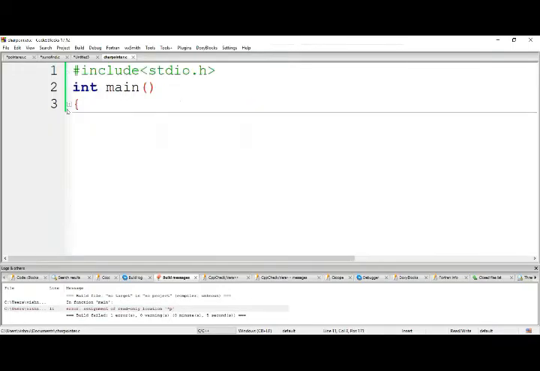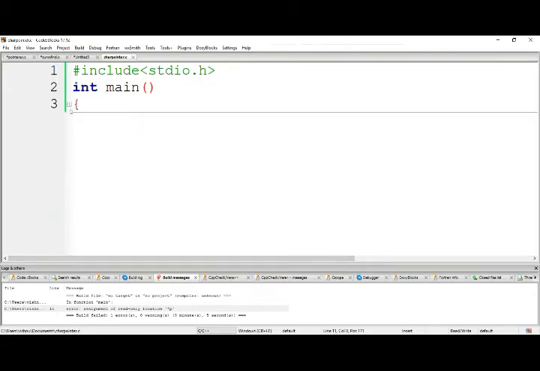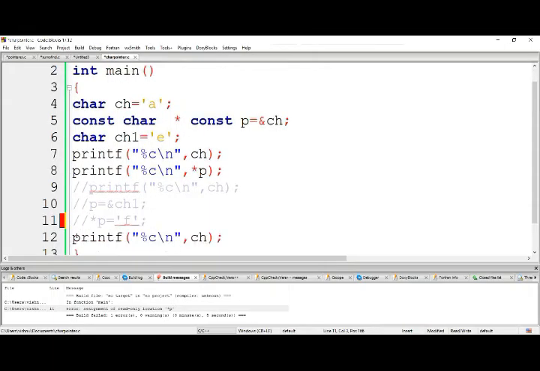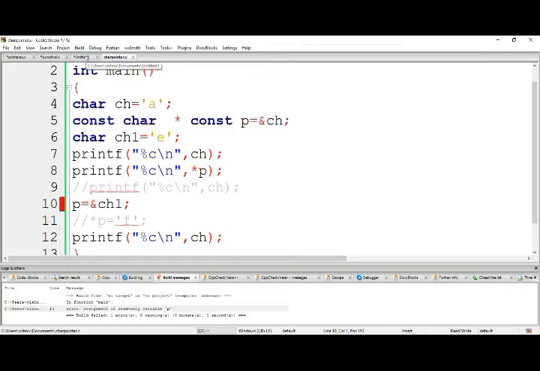Okay, let it be. So let's try this one here. So compile. This also cannot occur. Okay, did you get one point here? Whereas in the previous case, if I place it like this, there is no compile time error.